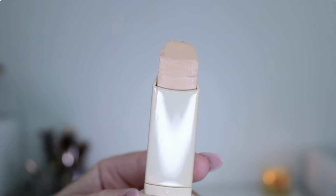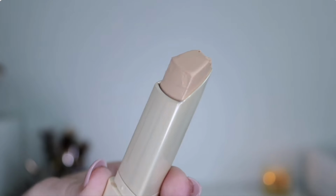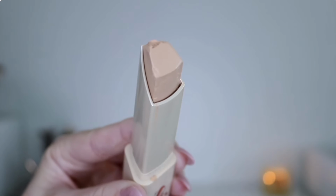The other thing I love about LYS is that they are more affordable. It's a brand that you can find at Sephora, but they are on the more affordable end. This stick foundation is $25. And you're only getting 0.25 ounces, so you're not getting a lot, but I find that stick foundations last a while anyway. So for $25, I did get the shade LN6, and I am actually very impressed with this stick